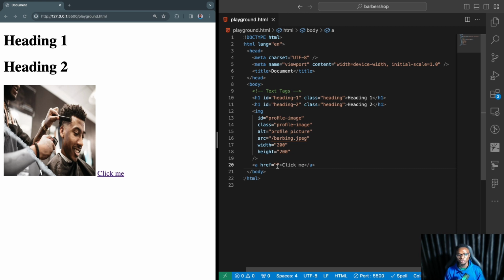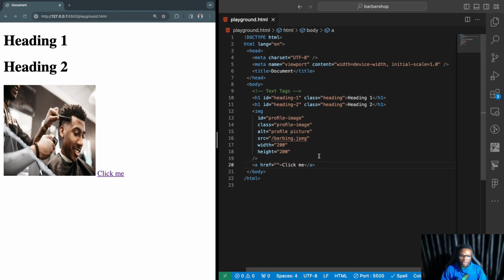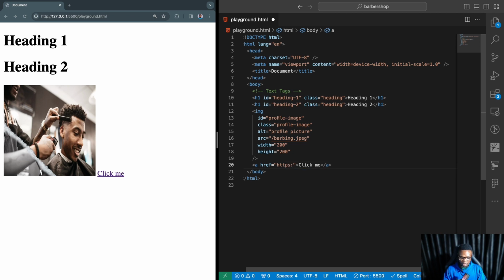We can also use an absolute or a relative path here. Relative means where you want to redirect to is within the code base, or within that particular web page. That is the concept we are going to be using to implement the go-to section functionalities on our barbershop. So this href, we can say it should redirect to, let's say, https